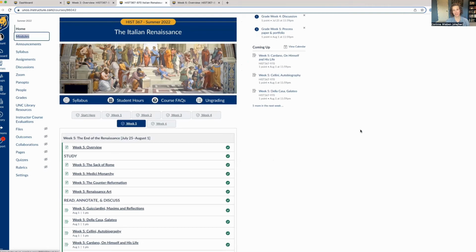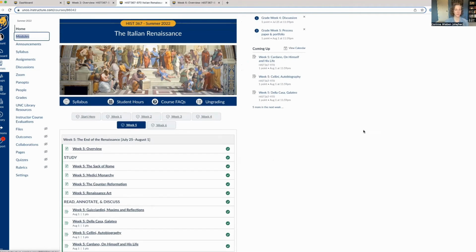One of the things I really love about Canvas and CETL is CETL developed a set of really useful templates that you can just import into a Canvas course, and it makes it look beautiful. So as you can see,